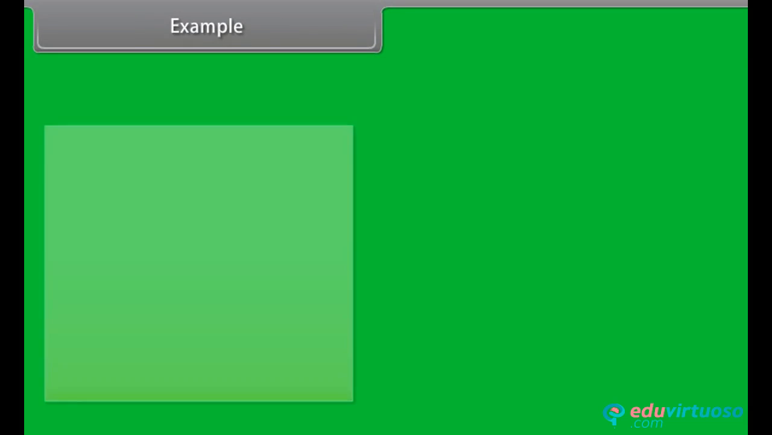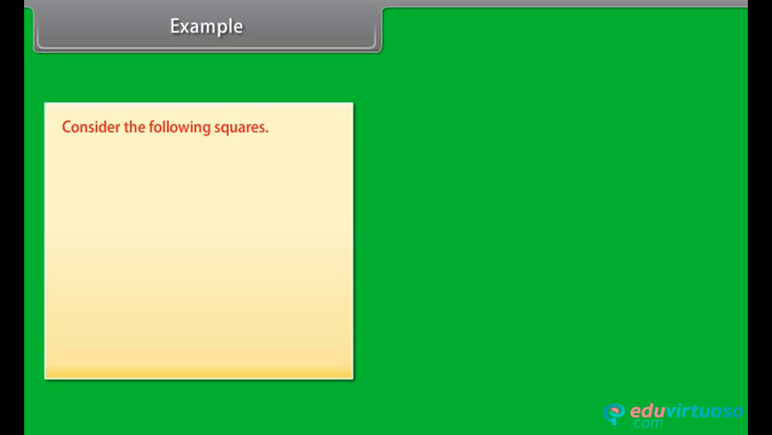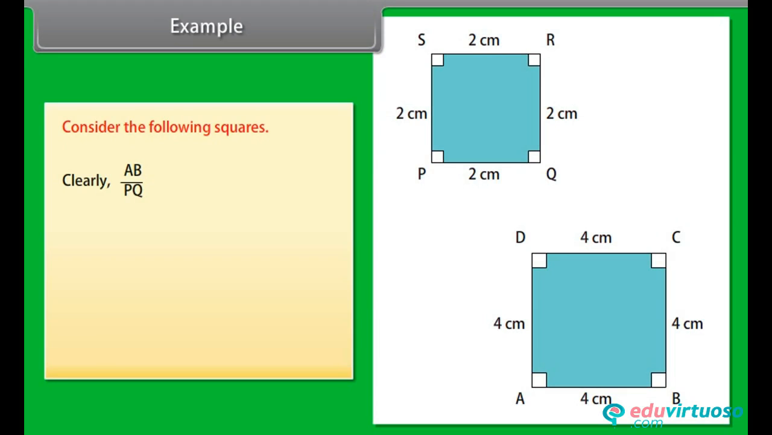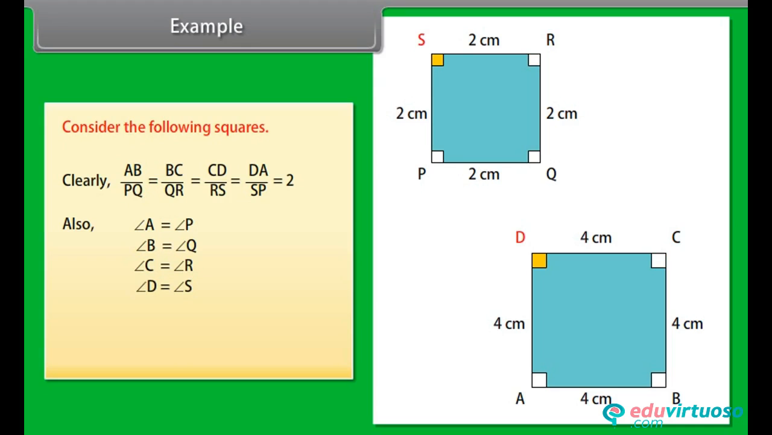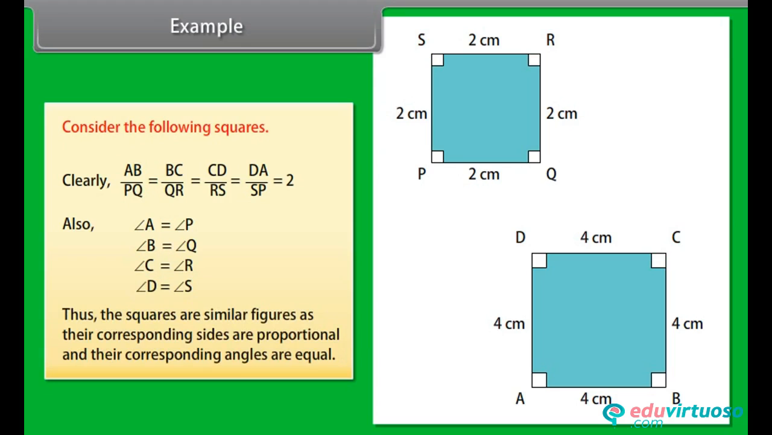Example. Consider the following squares. Clearly, AB upon PQ equals BC upon QR, which equals CD upon RS, equals DA upon SP, which is equal to 2. Also, angle A equals angle P, angle B equals angle Q, angle C equals angle R, angle D equals angle S. Thus, the squares are similar figures as their corresponding sides are proportional and their corresponding angles are